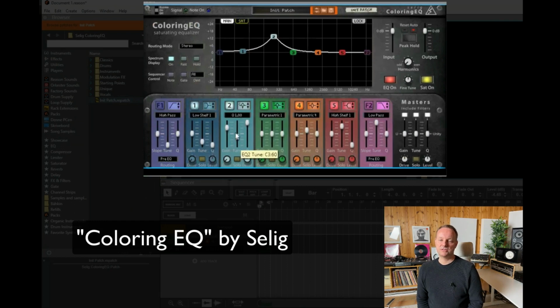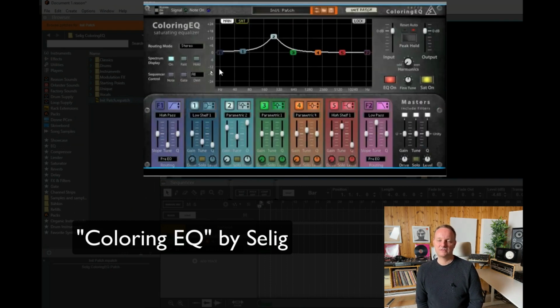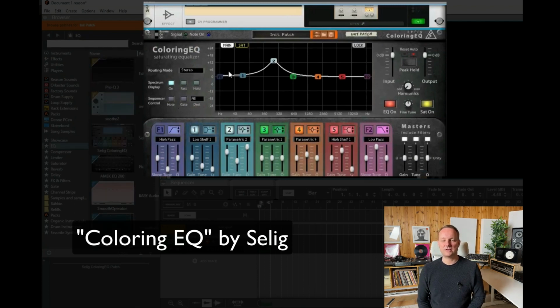Oh, yeah. So is this a free plugin? No, this is not free. I bought it from Selig. Okay. It's a coloring EQ, but it's a rack extension. So Reason only? Reason only. Do you know if it exists in VST or AU also? I'm not sure about this coloring EQ, but if I'm going to pick something that is not a rack extension,